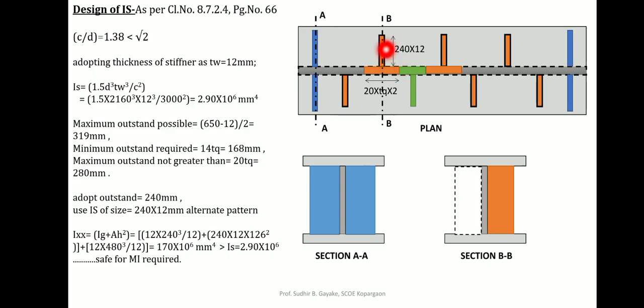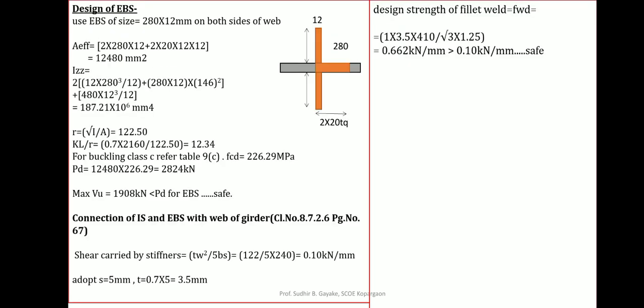the width in contact with your flange, the stiffener width in contact with your flange. So tw square, that is nothing but 12 square, here is the correction, it is not 12 2, it should be 12 square. So 12 square divided by 5 times bs, which is 240, and we are getting about 0.10 kilonewton per mm. And if you provide the size of weld as 5 mm, the throat thickness is 0.7 into 5, that is equal to 3.5. So the design shear strength of the weld is given as